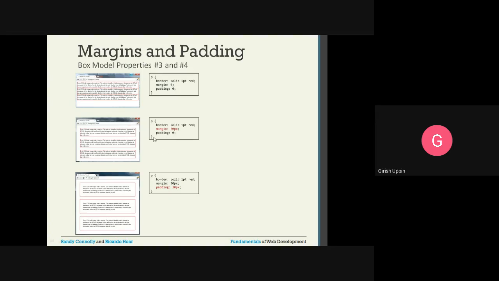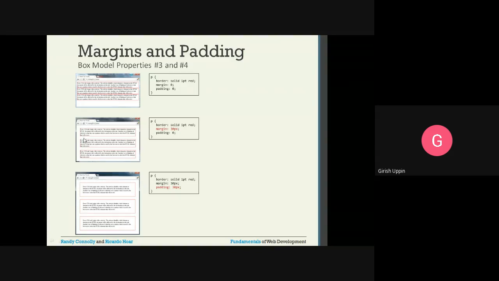And next one, you can see the same setting as this. The only thing is margin is given as 30 pixels. You can see there is a margin with the parent element. So there is 30 pixels to the left, to the top, to the right, and to the bottom. And here you can see between these two elements there is a spacing of only 30 pixels.